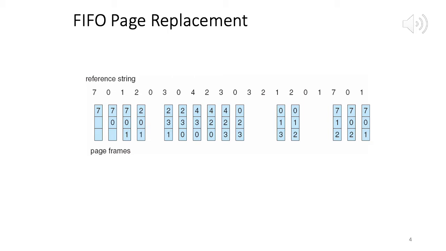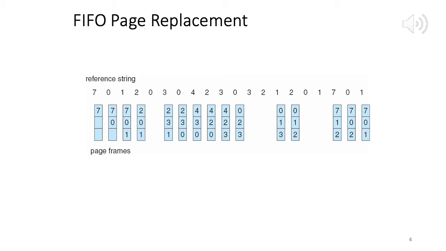Next access is for 2, not in memory, 0, 1, 3 are there, so we have to pick between them, and the one that we pick is 3. 0, 1, for these pages, no page faults, they are in memory. And then for 7, there is a page fault, 0, 1, 2, evict 0.